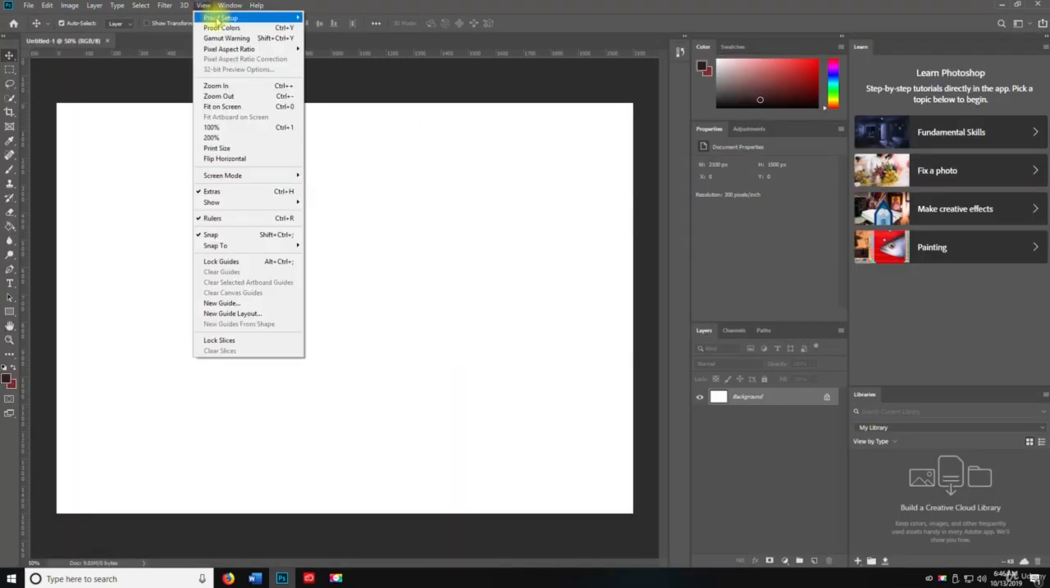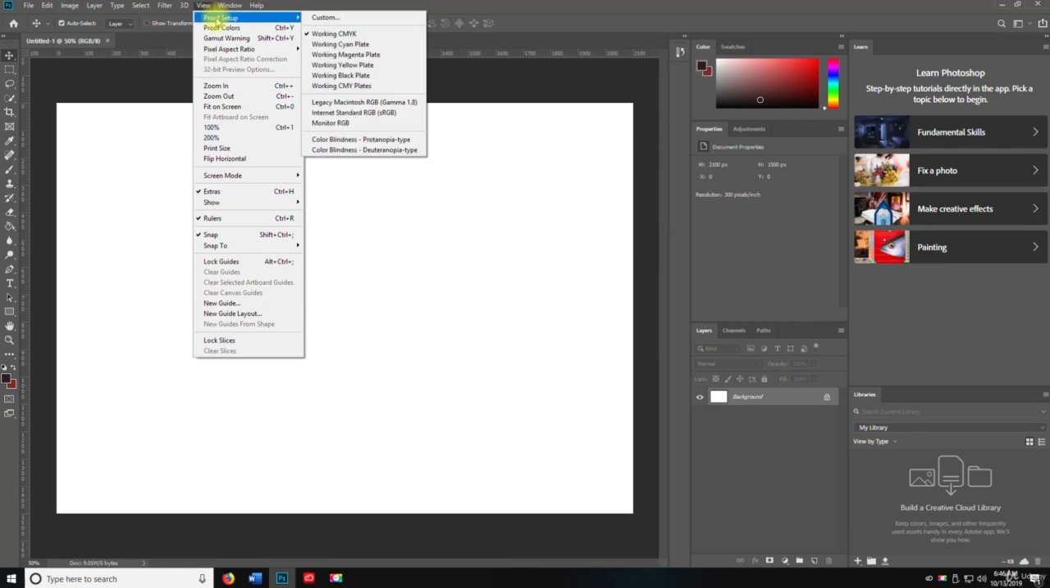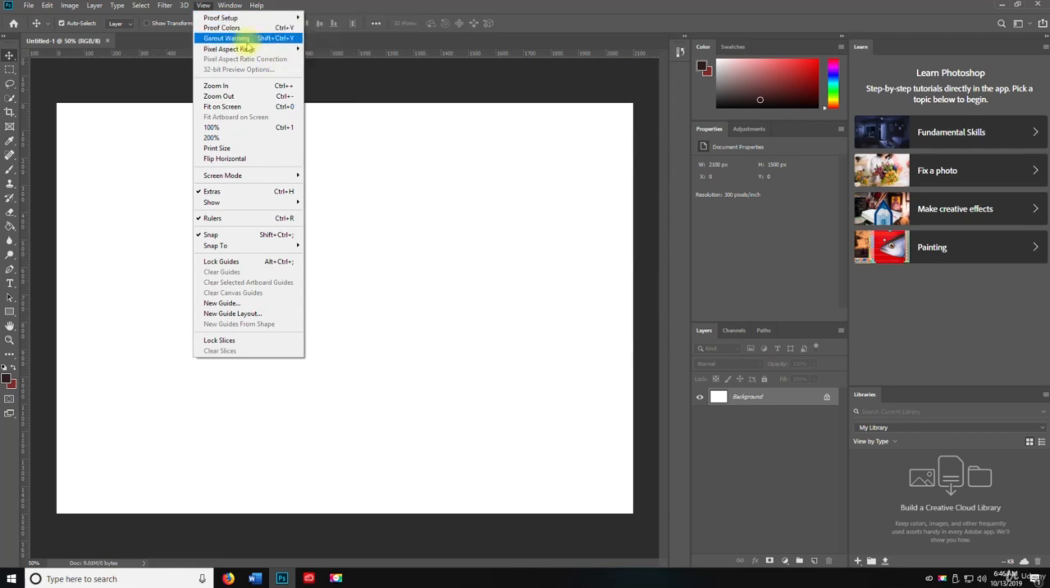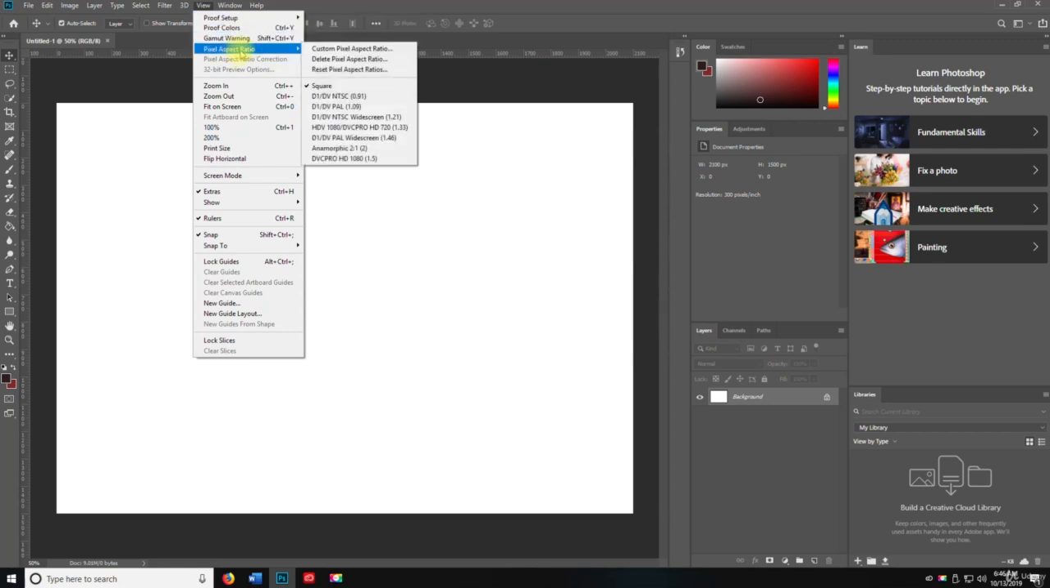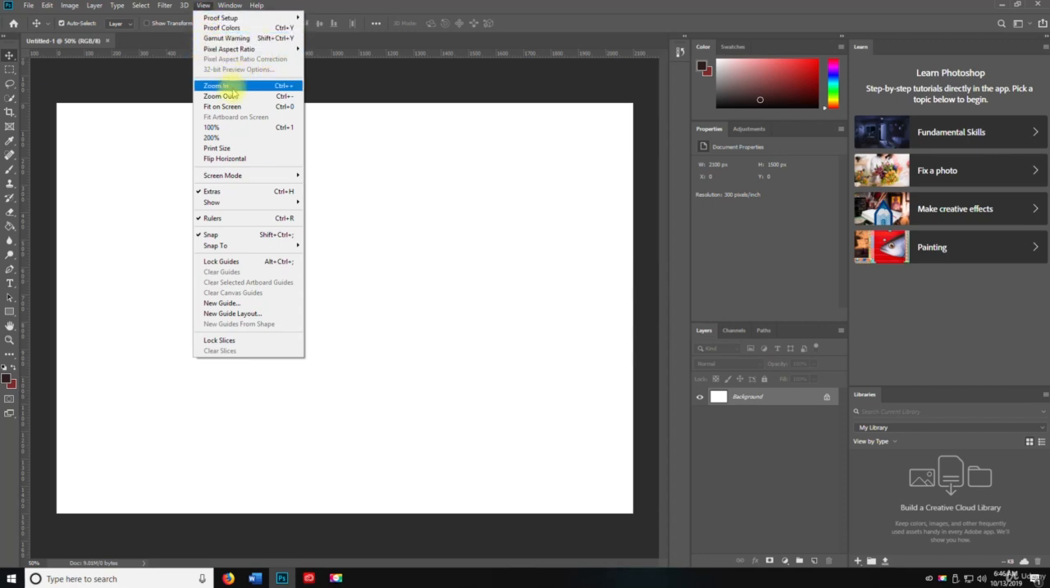So proof setup, you can do working CMYK. This is for setting up print stuff, proof colors, gamut warning, pixel aspect ratio. So square, you can do a different aspect ratio, and well, pixel aspect ratio. Square is good. Pixel aspect ratio correction, 32-bit preview options. Those are deactivated right now, but we can zoom in,